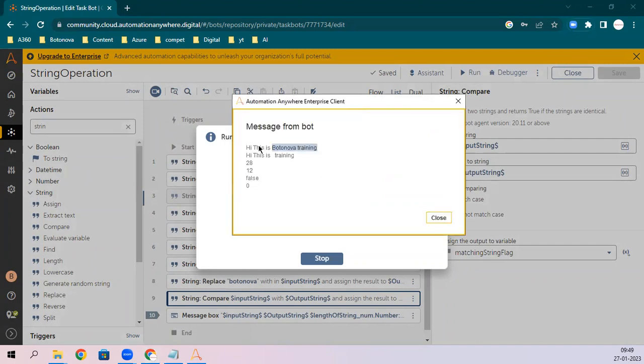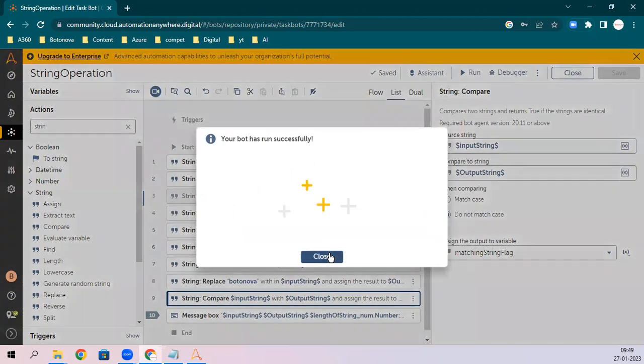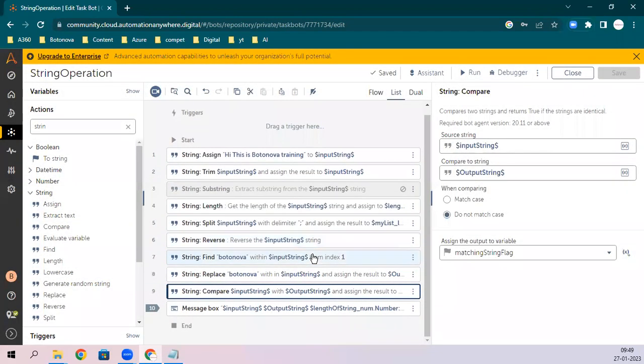See, so this is not matching with this output, obviously, then it is giving you false and 0. Okay, 0 is when you convert that boolean to number. But the boolean value is false. Any doubt?